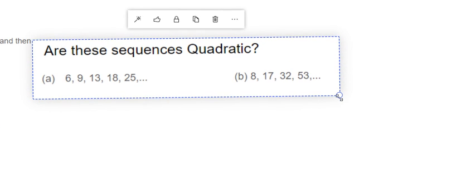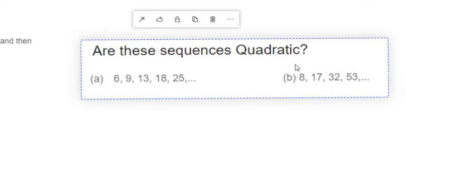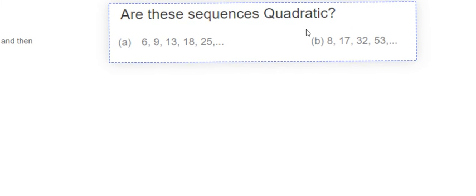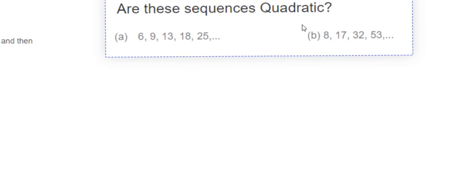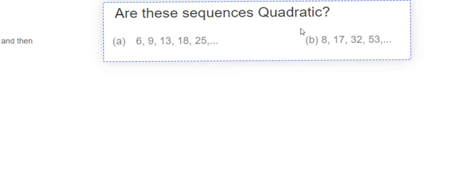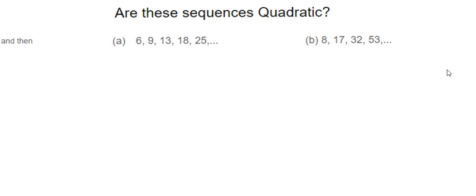So here's a couple if you want to try them yourself. If you want to pause the video now and have a go at them, you're just finding the second difference in both cases, and if it's the same then the sequence is quadratic. If it's not the same then it's not. So first one here anyway,